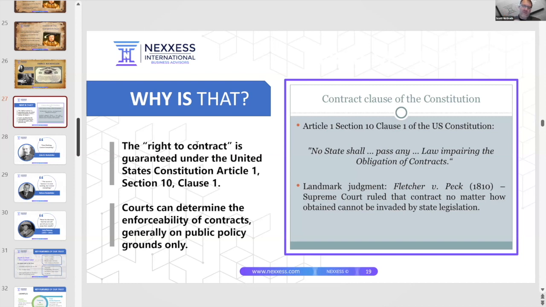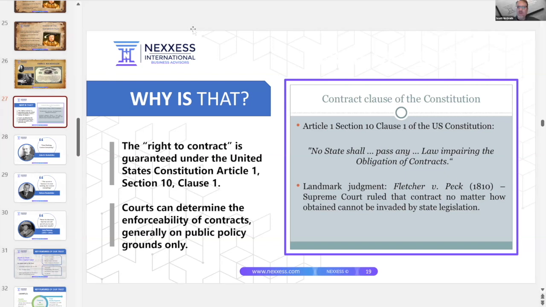Well, that could never happen, because number one, they're not ever going to get rid of Article 1, because every business in America uses Article 1 all day, every day. Every business out there, insurance companies, the people that mow your yard, everything is based in contracts. They make you sign something, and without that contract, two people can't work together. There would be no economy. There would be no commerce. So they're never going to get rid of Article 1. Keep that in mind. Courts can determine the enforceability of contracts, but only on public policy grounds.